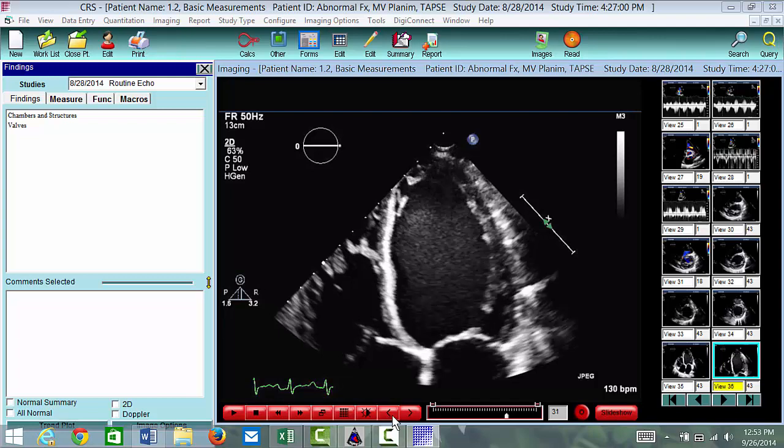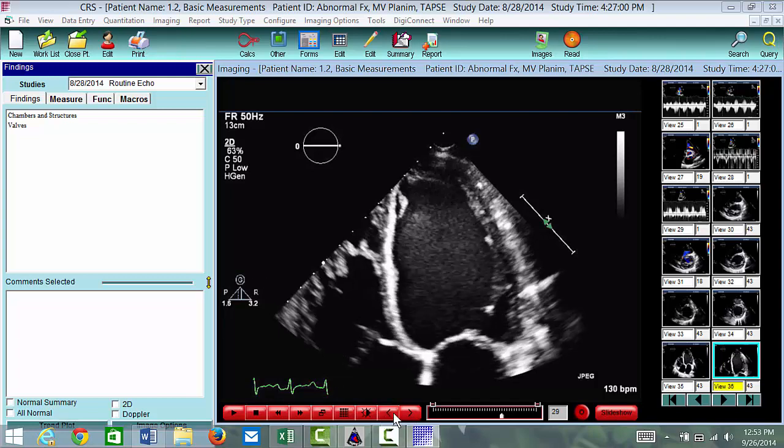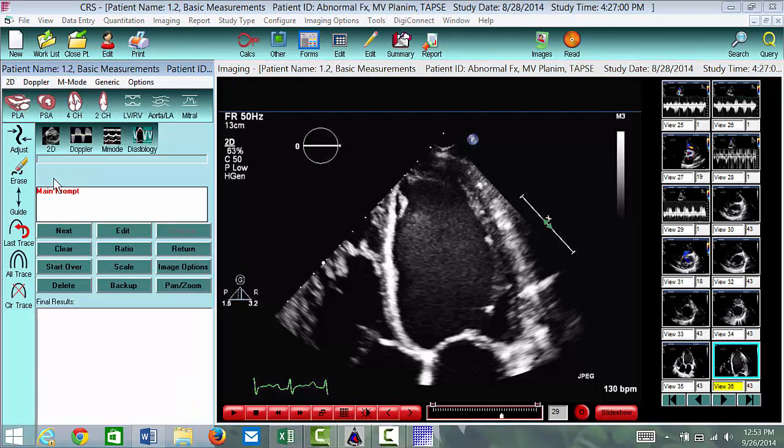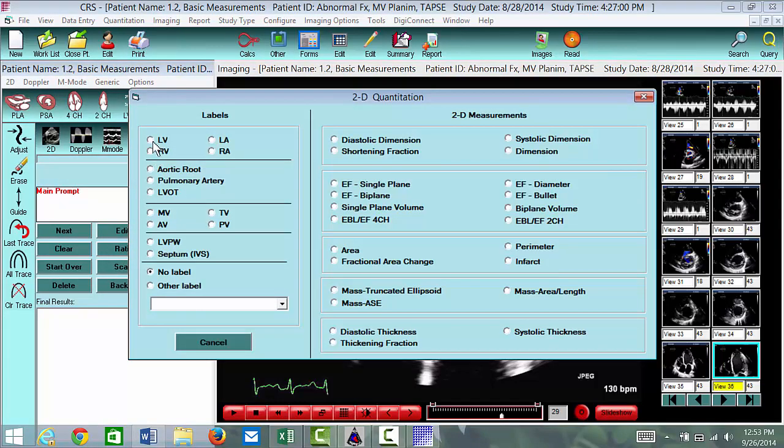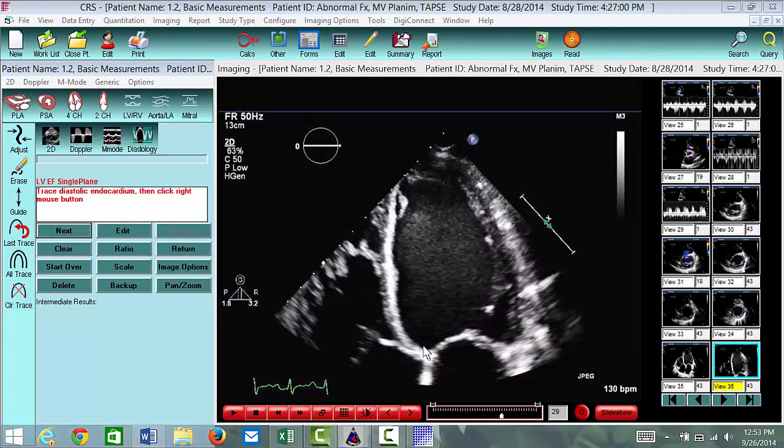And let's see, we'll go here in diastole, calc, 2D. We'll click on LV. Obviously, if you want to do biplane, you can. For sake of time, we're going to do single plane. You're going to start at the annulus, go up, exclude the trabeculations, papillary muscle, down to the annulus, right click, it'll give you your axis. You can shift your axis as you want it. And then if you like it, you're going to hit right click,